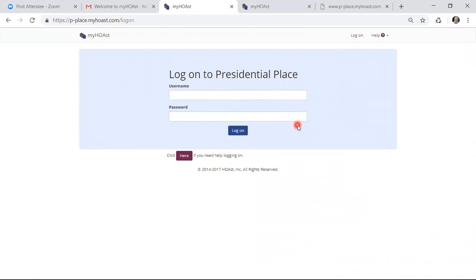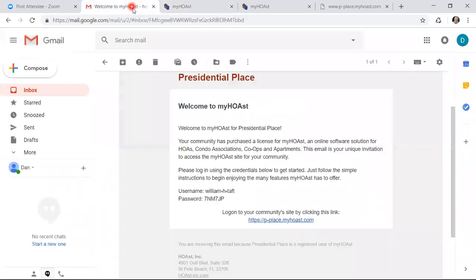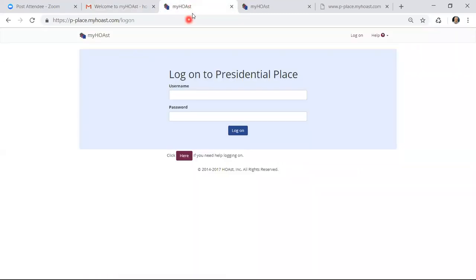Now, number two is not entering the credentials correctly. If I look here again at my email credentials, it's William H. Taft, and there's my password. So obviously, if I enter William Taft without the H,